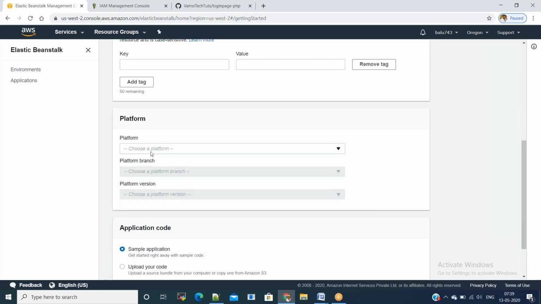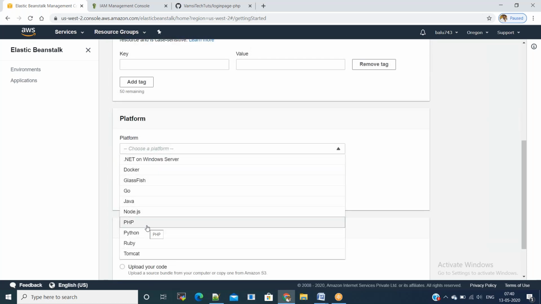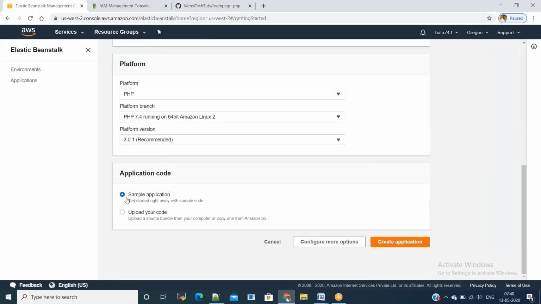Scroll down, and in the platform select PHP, and in the application code I am going with the sample application. Okay, create application.